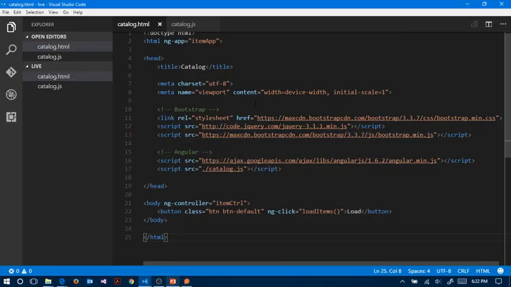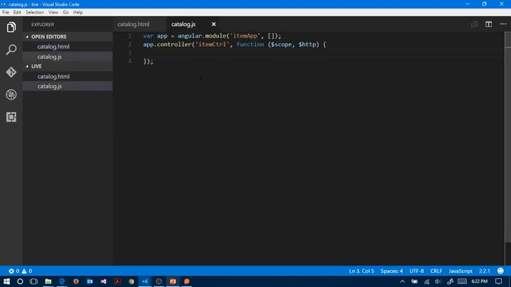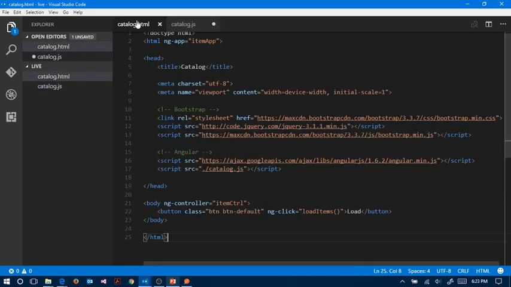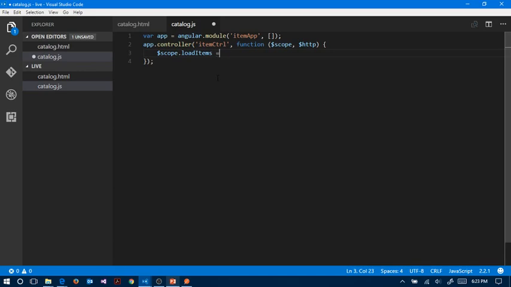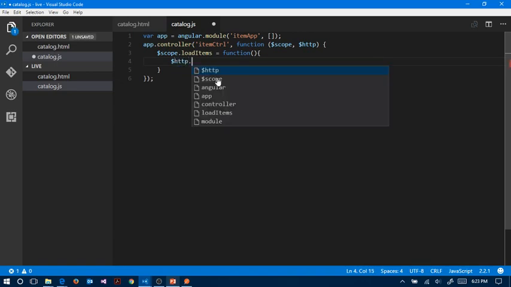Okay, so going back to the JavaScript file, when that button is clicked, we want to call a specific function. And to be able to call a function, you have to declare it on the scope object. So I'm going to say $scope.loadItems. Is that what I called it? Yeah. So I called it loadItems equals function. And inside this function, I'm going to make the HTTP request. So to do that, use the HTTP service. So $http.get, and you have to